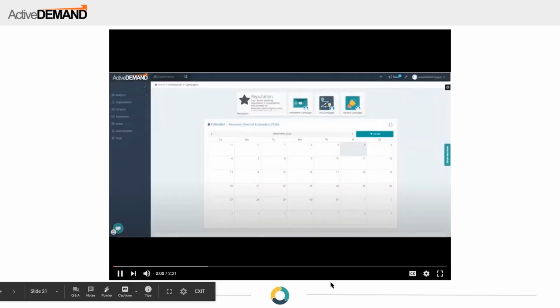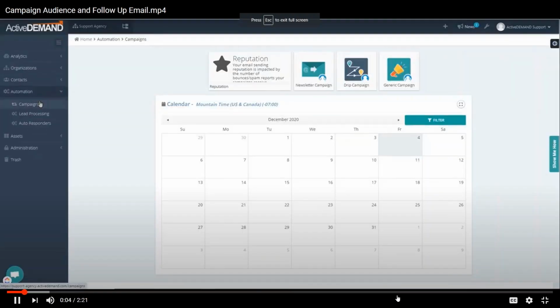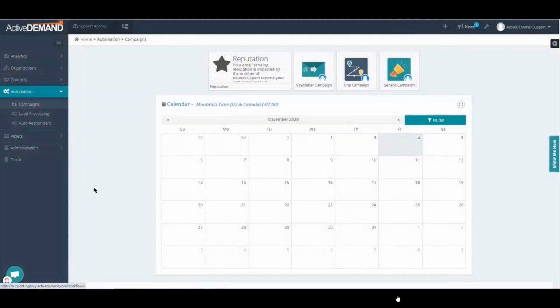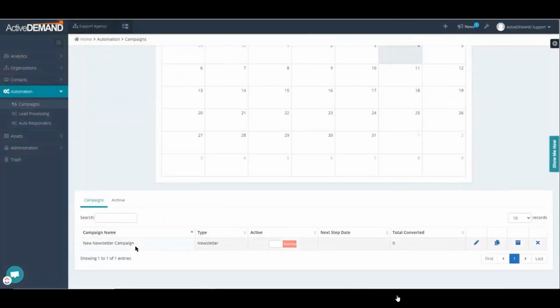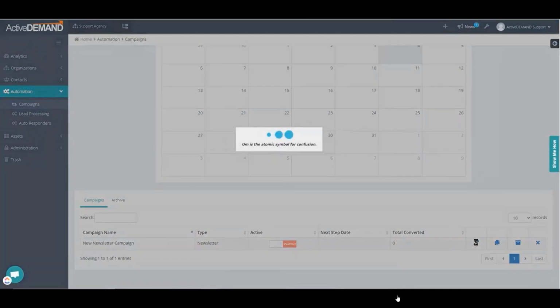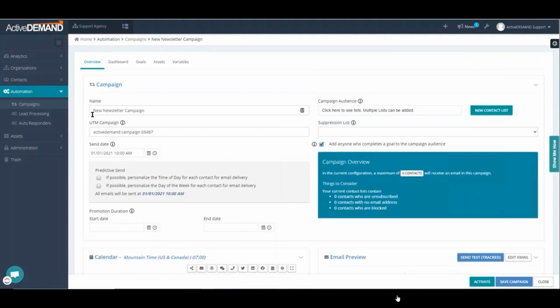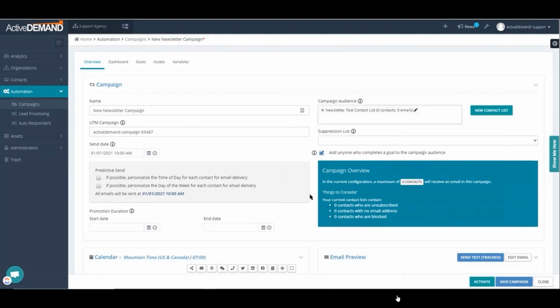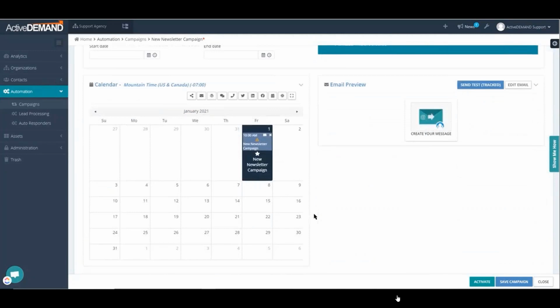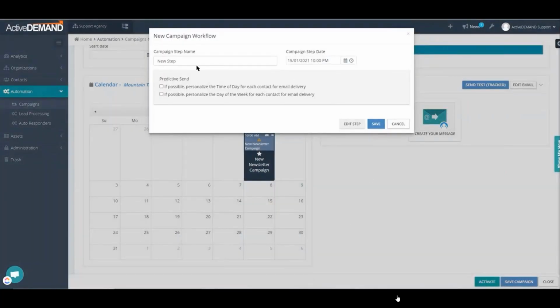Now let's go into the details of your campaign. So again, we're going to go into campaigns. We're going to locate your campaign. We're going to open the campaign by clicking the pencil icon. We're going to edit the overview tab. So we want to verify the name of the campaign. We're going to add the contact list that we want to be part of the campaign. We're going to see the date that the email is going to go out,